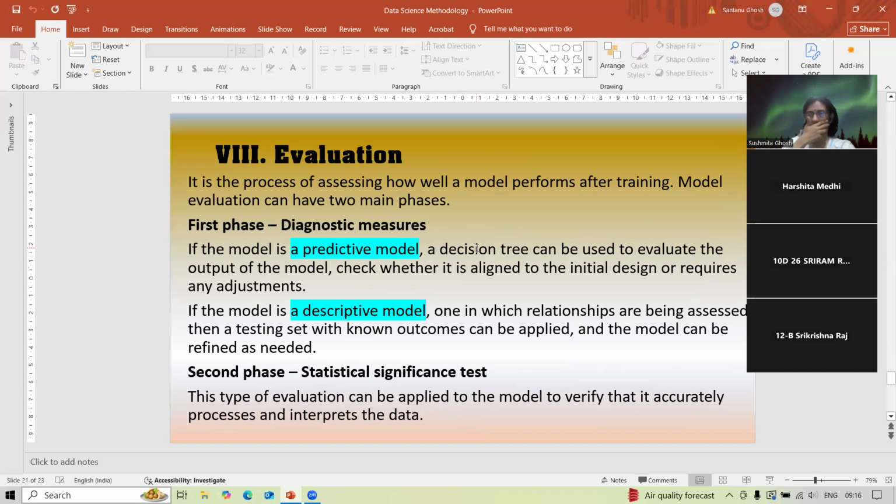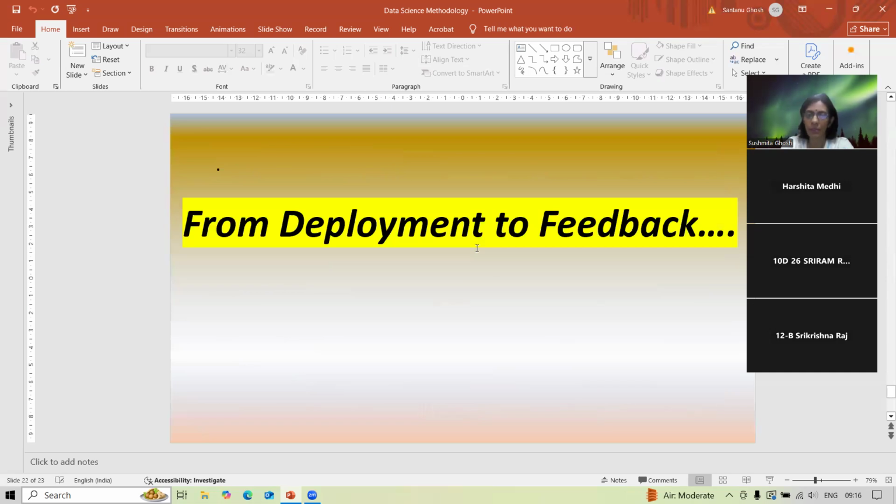Decision tree again we have done in our class 10. So decision tree can be used to evaluate it. और अगर descriptive है, in that case, so certain testing test sets are there, जिसको हम लोग check out करते हैं, right? So evaluation पे मैं इतना focus यहाँ पे नहीं करें, because we need the metrics which is going to be more significant for you from exam point. So and for practical point of view, आप metrics ही करोगे ना, evaluate करोगे, hypothetically तो नहीं कर सकते।